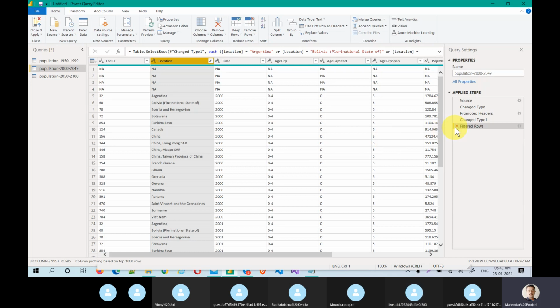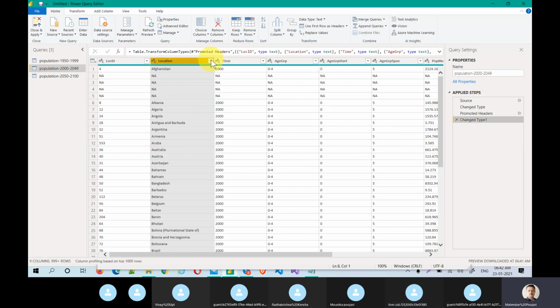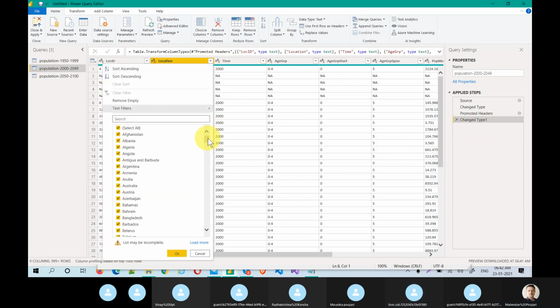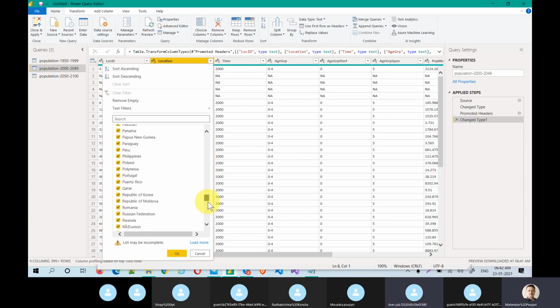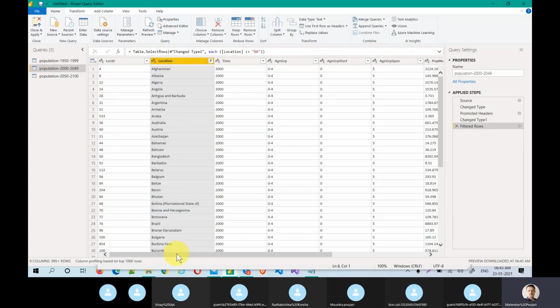How to do that? You have to go manually and select the NA records. Wherever you find NA, just go and select. Sometimes search might not be helpful for you. These are alphabetical, so you can come to know NA here and just click.